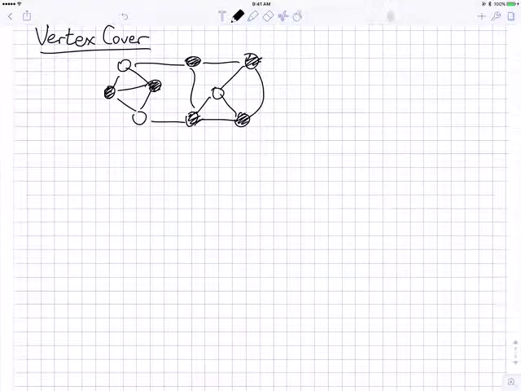And, okay, so this is a vertex cover. I have no idea whether it's minimum or not. I think it's almost certainly not. So I want to find the minimum number of vertices